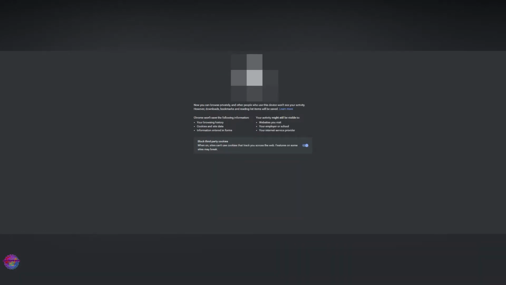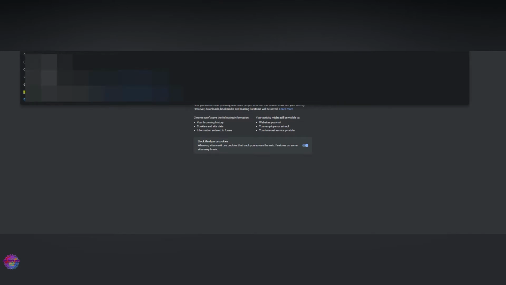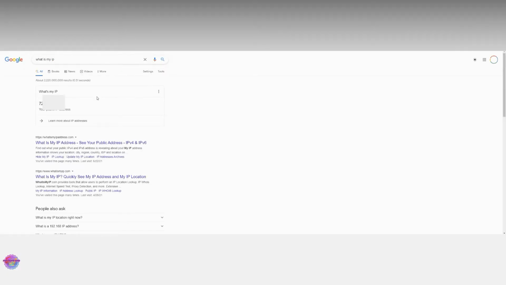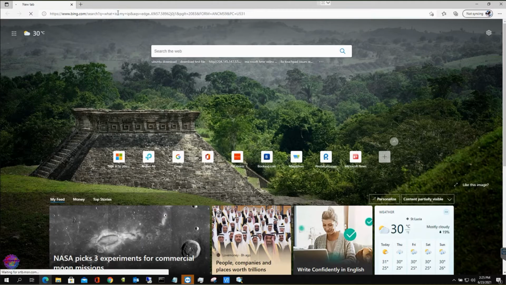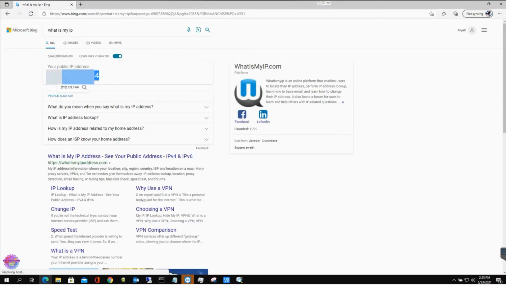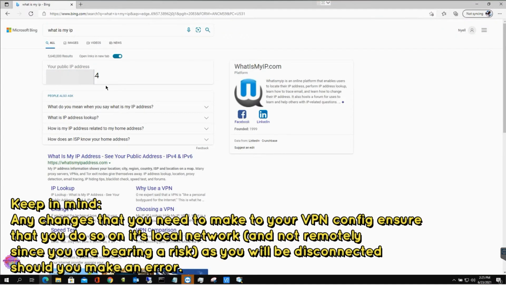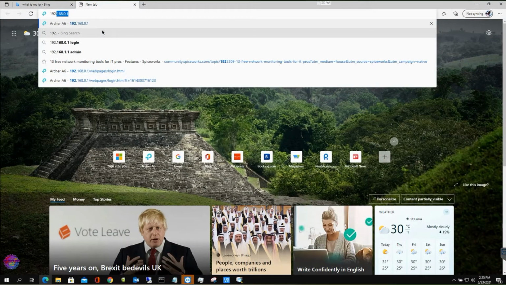This is a split tunnel, so if I were to put in what is my IP, then you would see that my IP on my remote PC is the same. If I were to go now to my local network, and now I'm going to type in what is my IP, you could see that this is the IP of the network where I have the VPN set up. And if I go to my router settings now,